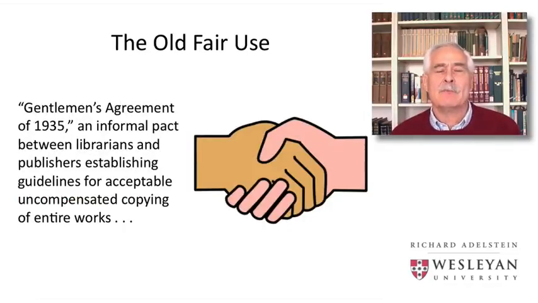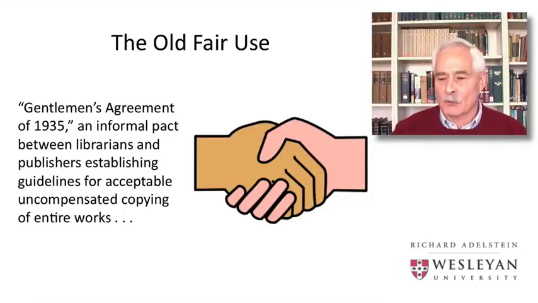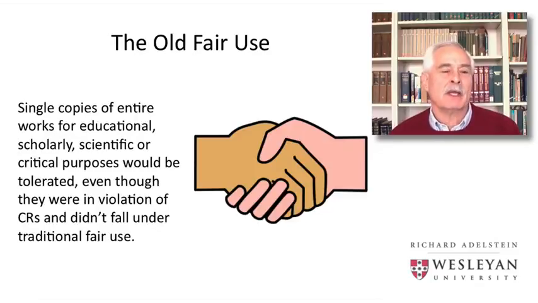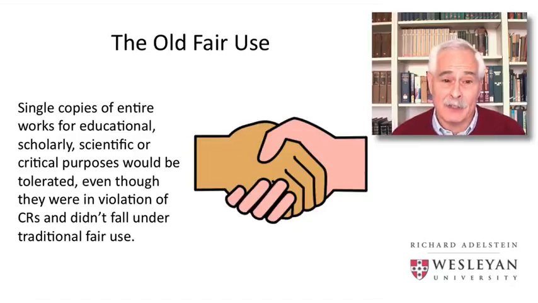which was an informal agreement between a group of professional librarians representing readership and scholarship, and a group of publishers led by William W. Norton, whose name is now enshrined in the famous W. W. Norton Publishing Company. And in this informal pact, the librarians and the publishers agreed on guidelines for acceptable, uncompensated copying of entire works. And that agreement stipulated that single copies of entire works that were for educational, scholarly, scientific, or literary critical purposes would in fact be tolerated, even though they were in violation of the copyrights, because they were copies, and even though they didn't fall under the traditional categories of fair use,